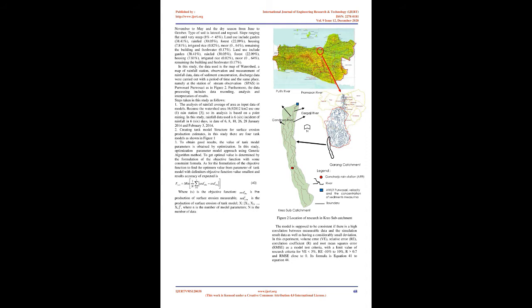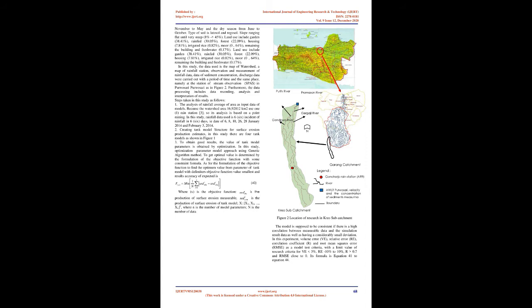3. Method. This research is located in the Creo subcatchment, which has an area of 1692.812 hectares, figure 2. The research location is within the territory of Kendal District and Semarang City. The Creo subcatchment has a tropical climate influenced by monsoons. The rainy season occurs from November to May and the dry season from June to October. The type of soil is littoral and regosal. Slope ranges from flat to very steep,